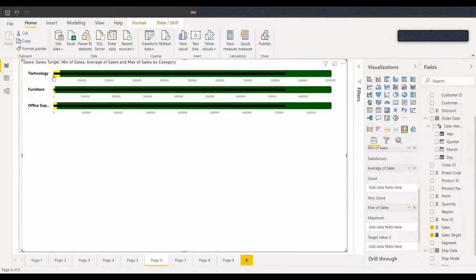if you see, a small shade of red means that part is need improvement. The yellow means it's a satisfactory sale, and the green means a very good sale. If we have these values for each category, then it would better represent our data. This kind of visualization is used for any target-based data. Every sales employee gets his target, so for that kind of data this could be helpful because it will categorize our sales that way.